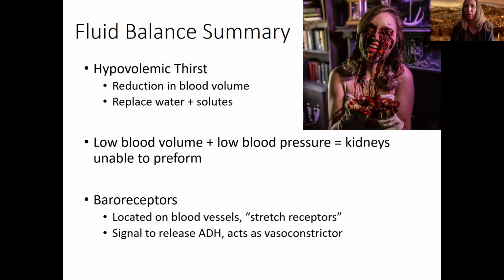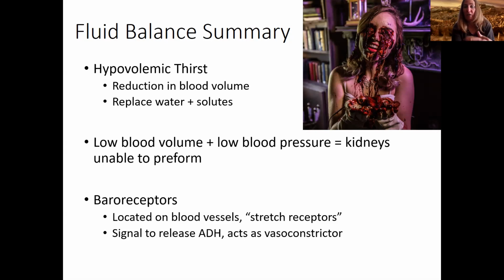We heard about stretch receptors when we talked about parenting, which I guess I didn't record. In parenting, there are stretch receptors in the vagina that cause the release of oxytocin. So here we also have stretch receptors on the blood vessels, and these are baroreceptors. Whenever blood volume drops, you have a reduction in blood volume. This is going to cause the blood vessels to trigger, and they're going to notice this,